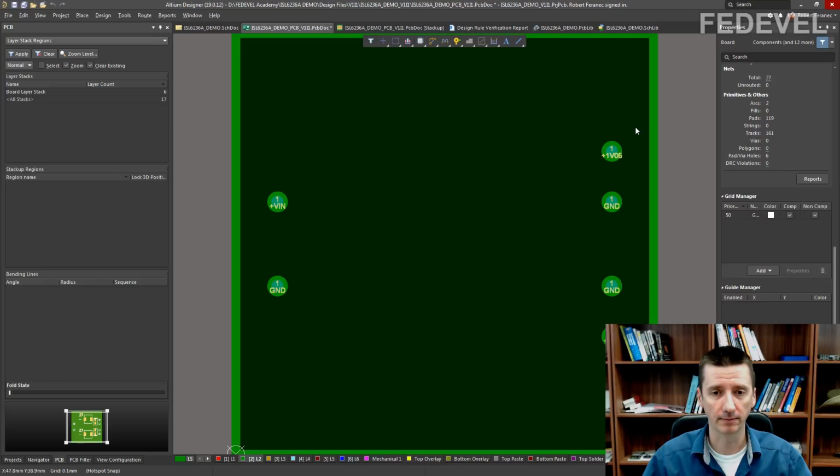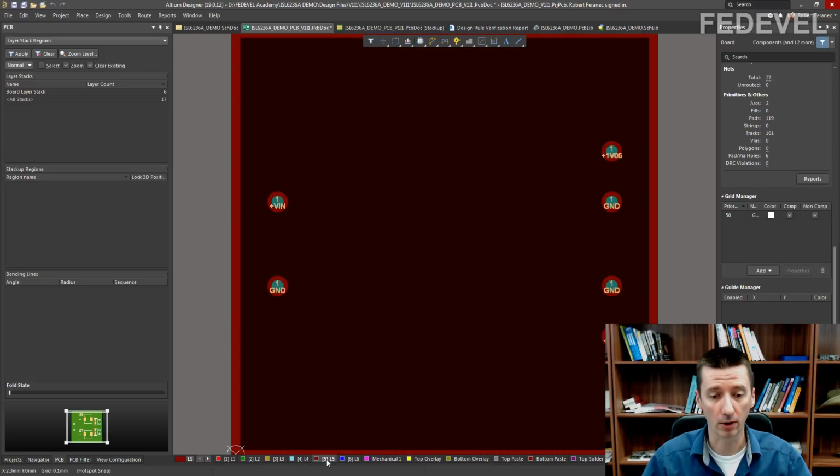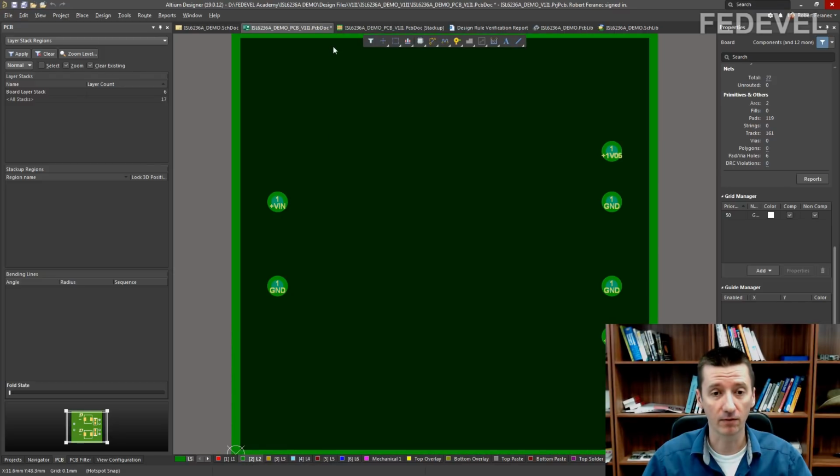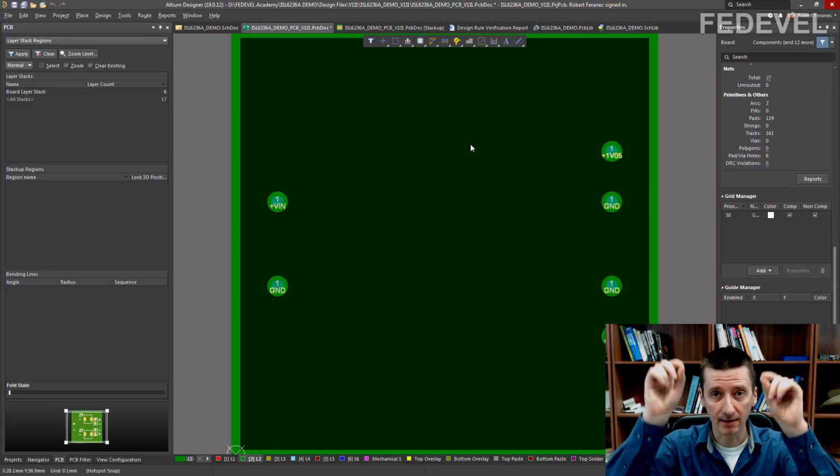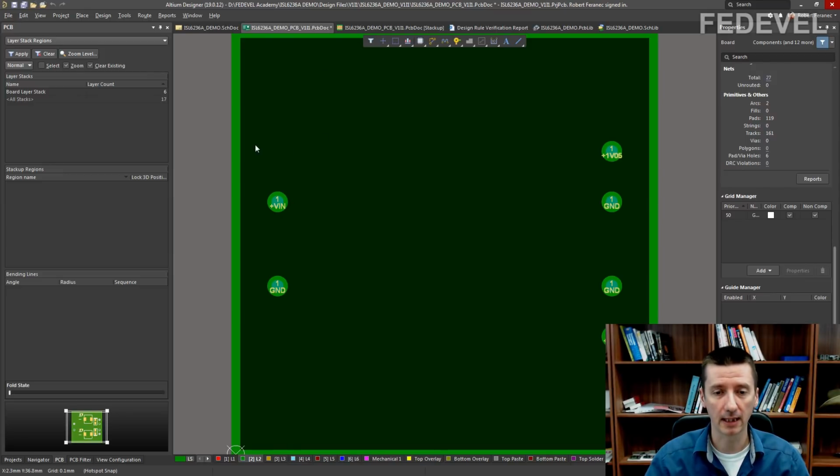And anything you draw on this layer 2 or on the layer 5 is going to create a space. Okay, it's going to remove the copper. So the plain layers are basically negative layers. There is copper by default, and anything you draw on the plain layer is going to remove the copper.